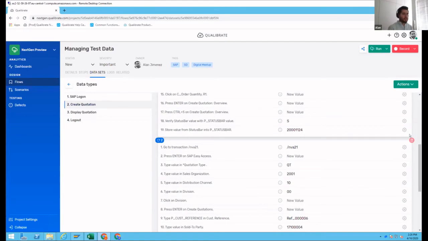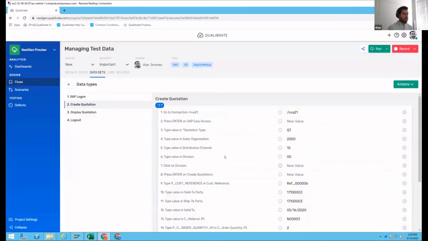Now, for now, what I'm going to do is I'm going to delete this loop just to remove it from this specific scenario, because I want to focus now on the specific data types that we support.